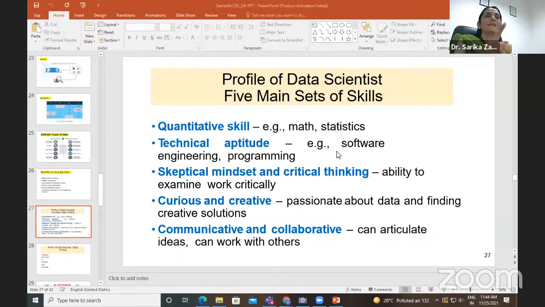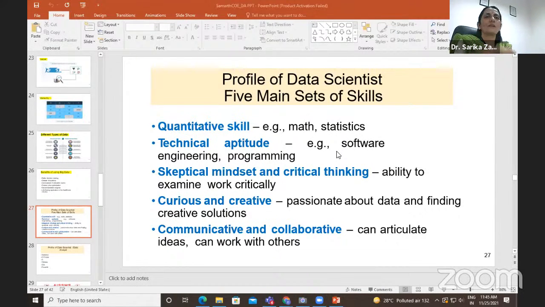Communication and collaboration, that is one of the very important parameters, the soft skills. I know that your college might be taking lots of effort to improve your soft skills. They might already have had some sessions like this. Now your role comes, right? You have to practice your communication skills. You can join a variety of courses that are also available. Otherwise, another thing is daily practice for communication skills.